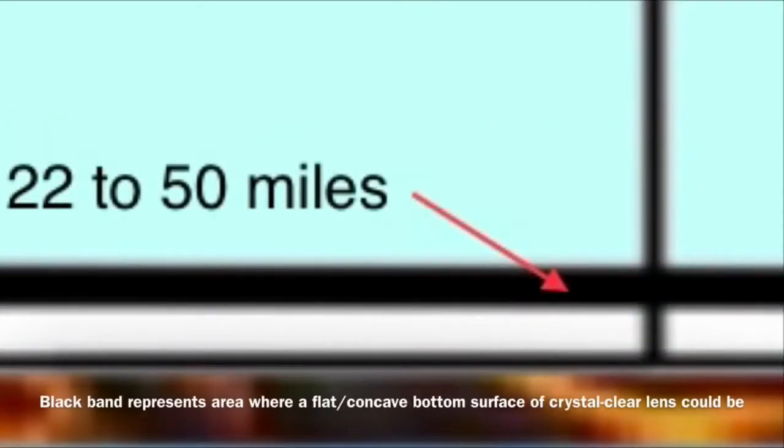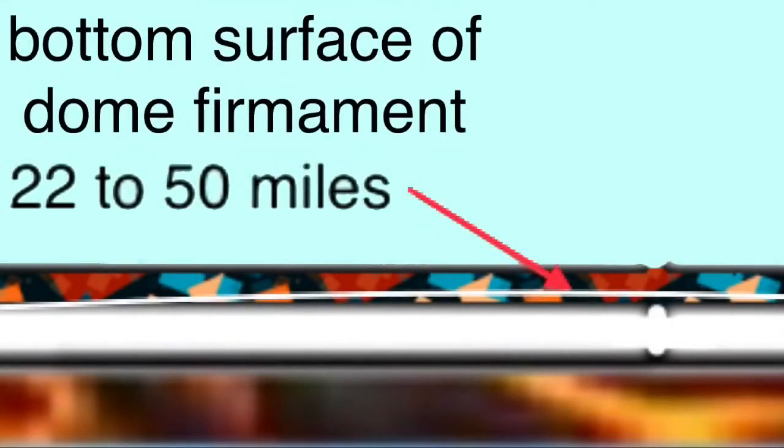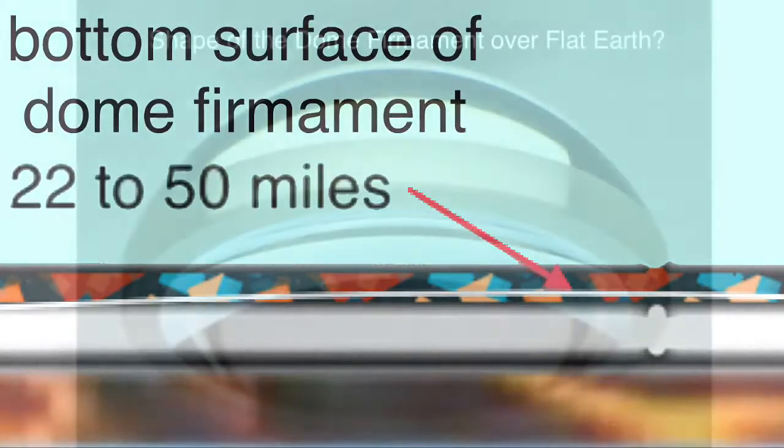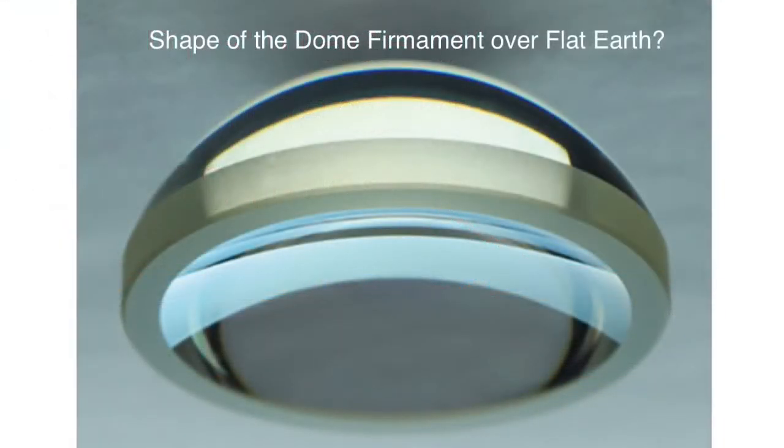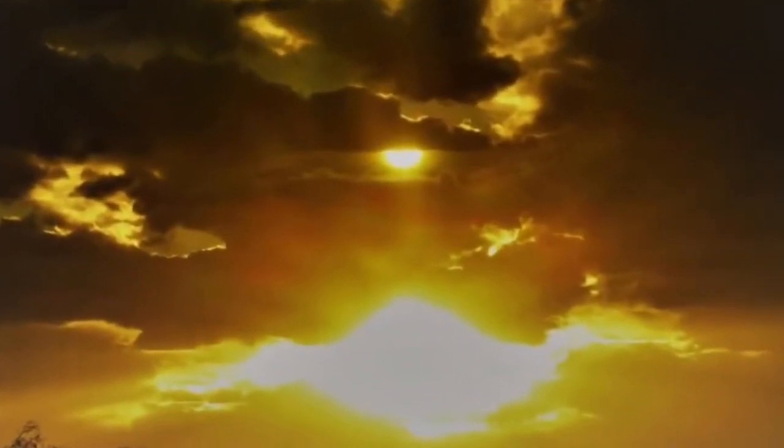What do I think it is? I think it's a positive external focus length convex meniscus lens made of something like fused silica or fused quartz, which would pass the wavelengths of light and everything appropriately according to what we observe. I believe it's a concave, like if you go outside and look up, you're going to see the bottom of a concave lens, if you could see it, if you could look that far, whatever.